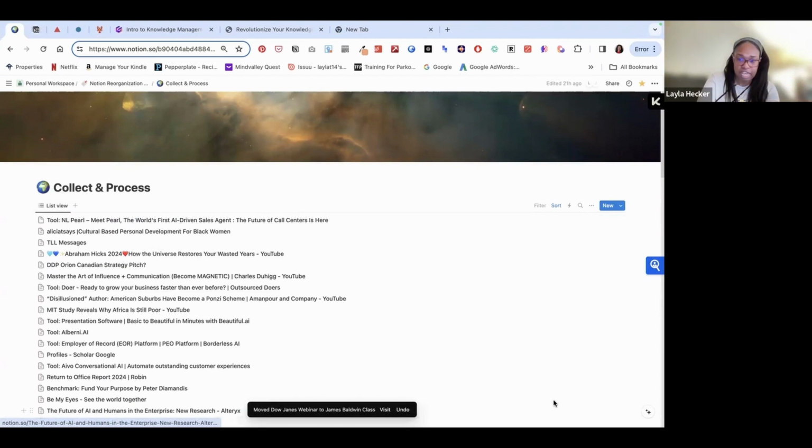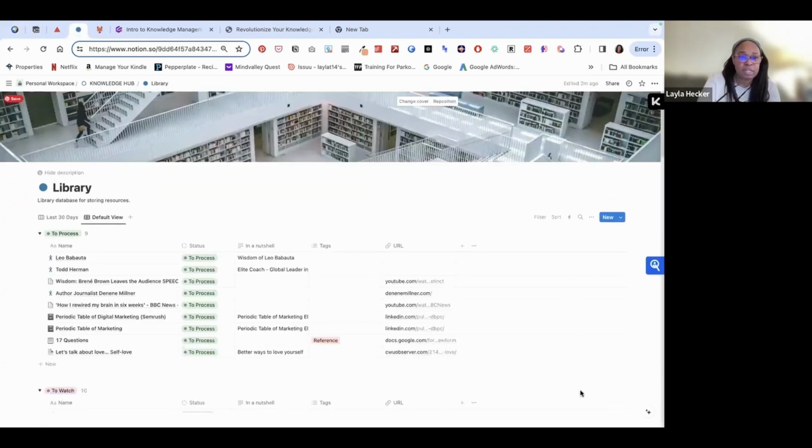Now we know I don't have a class on James Baldwin. Under here, you see it says Dow Jones moved to James Baldwin class. And so it went directly into that page. Now, if I go back into,